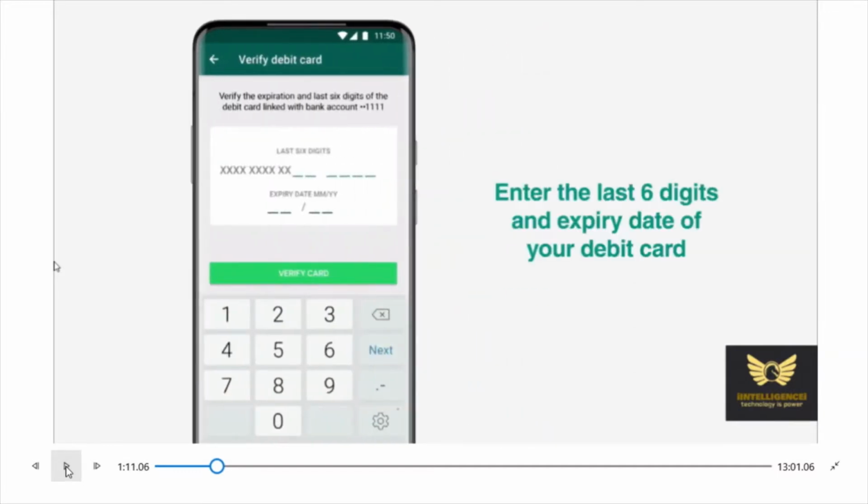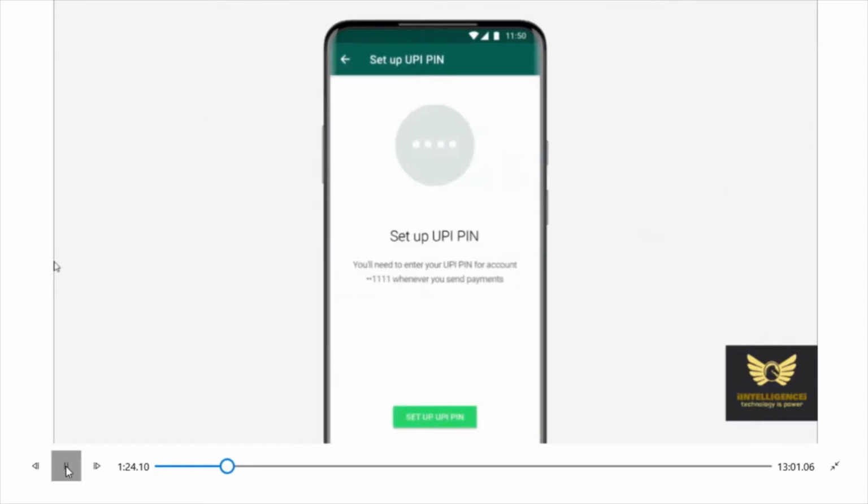Now you need to enter the last 6 digits of the debit card linked with the bank account, and also the expiry date, that is the month and year of expiry. After entering, click verify card.